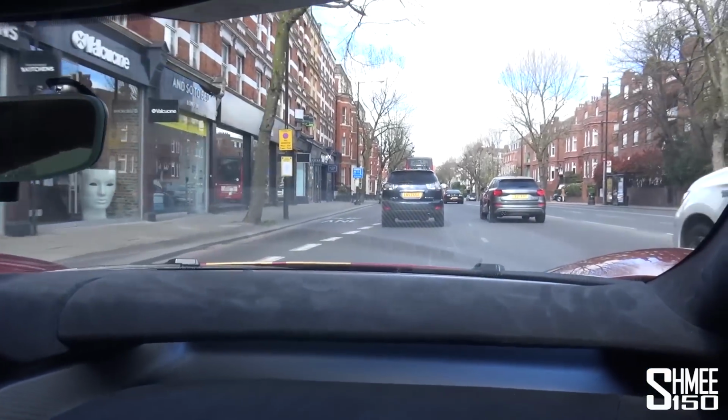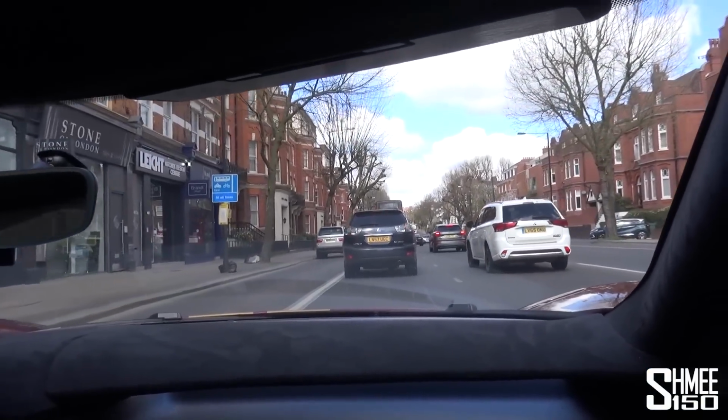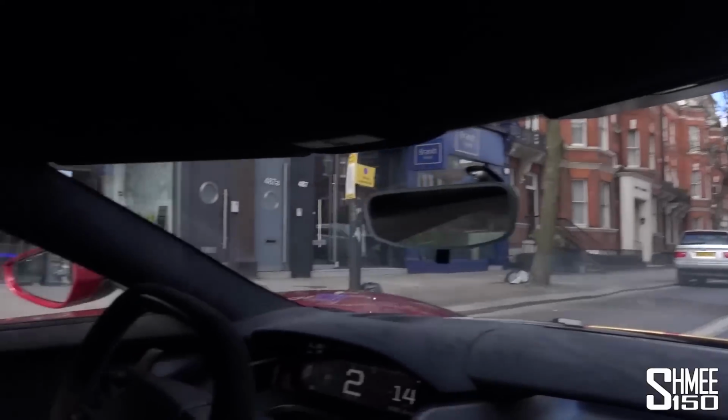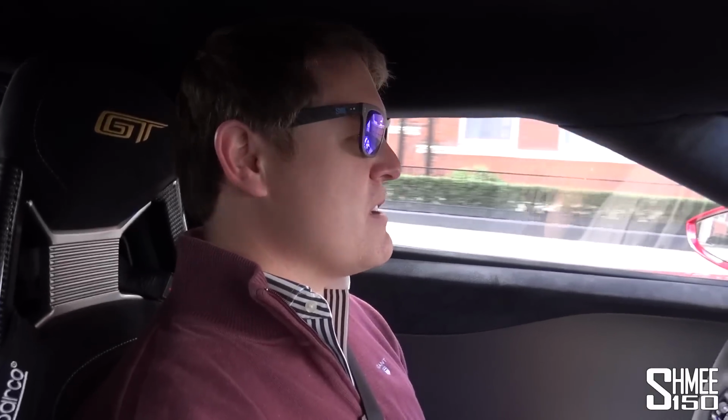I think we all know by now that driving a car like this in London traffic is far from ideal. It is busy, it is congested. Obviously, I have a desperate need to be very, very careful, and this is exactly why I'm very much looking forward to having my new garage somewhere slightly outside of the city so that we can start driving on nice roads rather than having to sit in city traffic jams in something that is wide, awkward, and very valuable should the worst happen. However, like I said, the car has been...